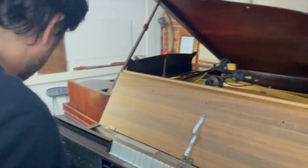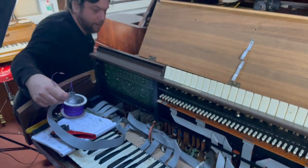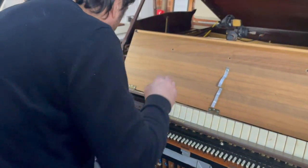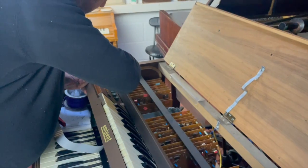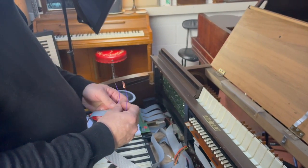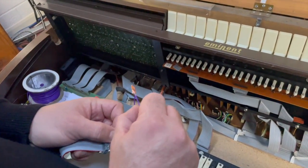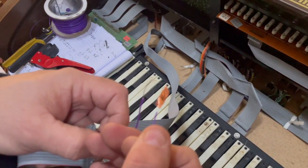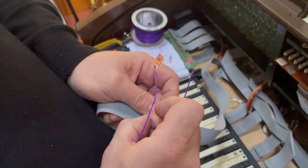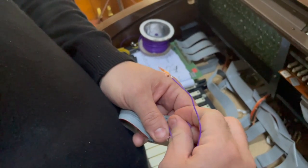So let's just switch it back on again. Oh, I'll plug it back in again. So you can hear every time I play that, or push that wire to that one, it plays an E. If I move it to the next slot, you get E flat. And then if I put it to one of the other random ones over here, you'll get another note,